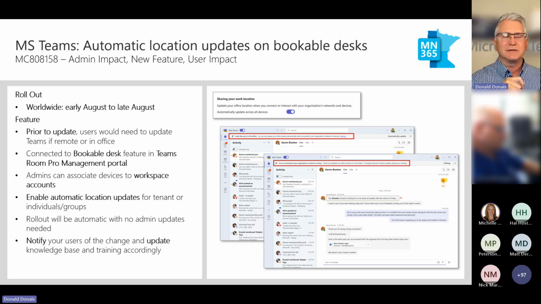And if your IT organization hasn't started looking at this, there are ways to group those devices and then manage and get all the analytics through the Teams Room Pro management portal. So that's one way that they can manage all those pieces. And they can set up things like automatic location updates within that space that you happen to be set